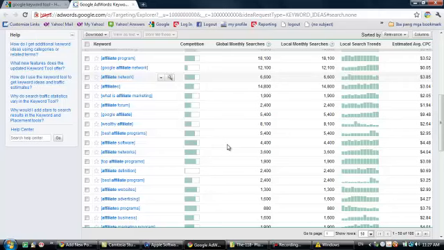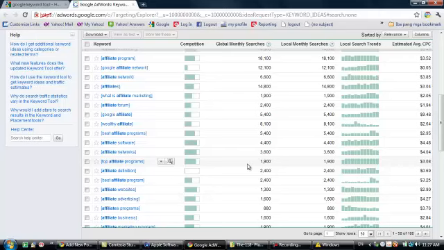Let's find another keyword here. As you can see here, we have another keyword, top affiliate programs. It has a low monthly search, here only 1,900, but the cost per click is $3.08. So if you're an advertiser, this is not the best keyword for you, although it actually depends upon your purpose.